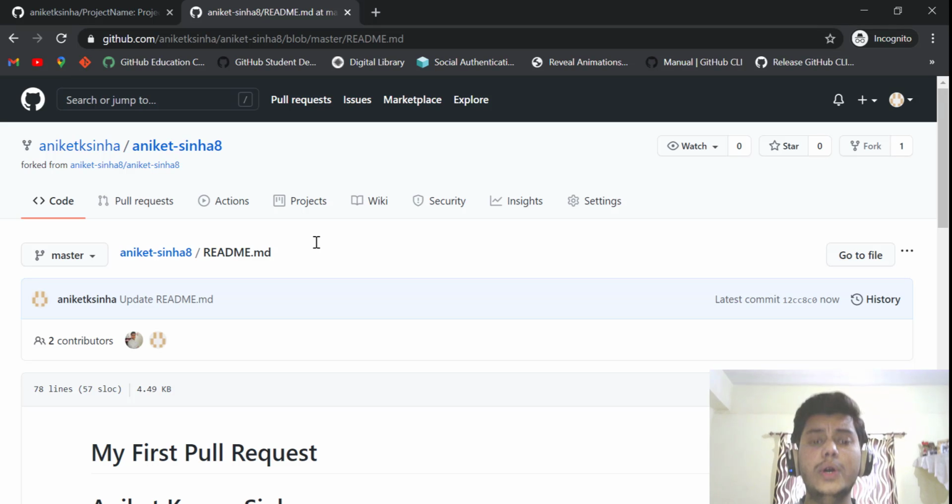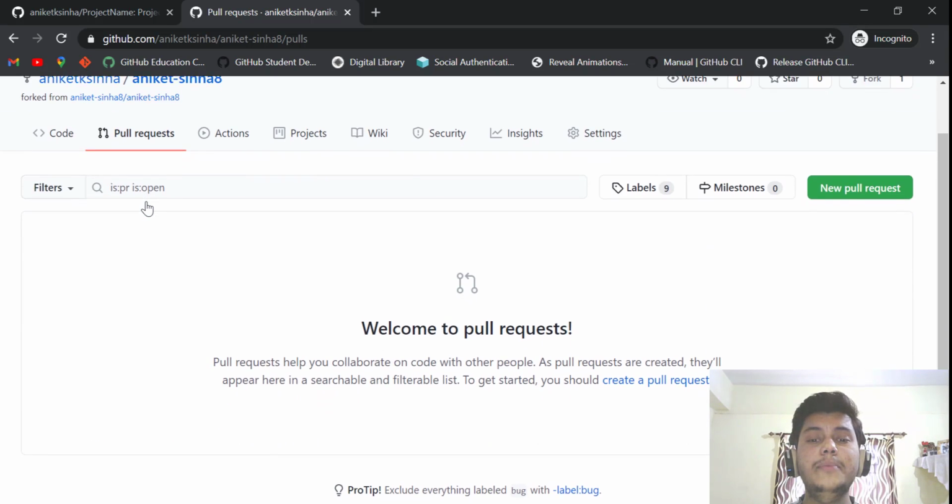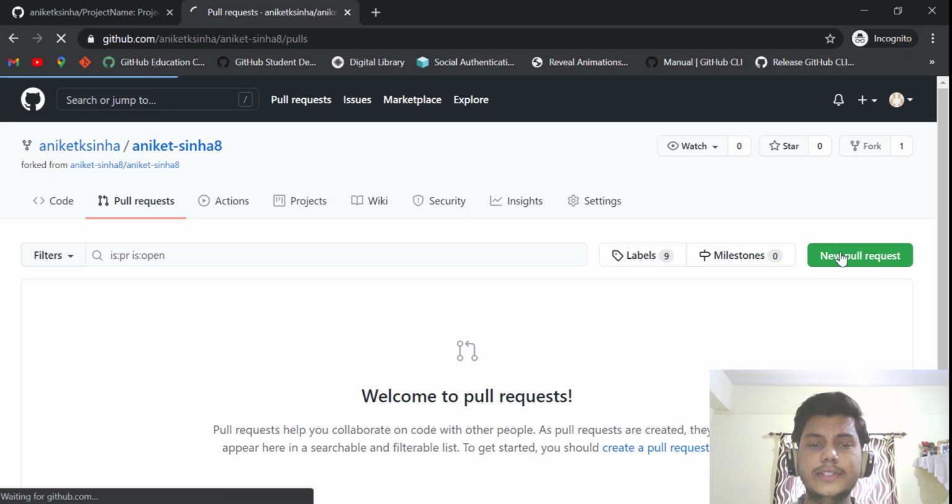And now if I want to send a pull request, so I can go to pull request. So sending pull request will be like sending a request to that main person, the repository owner, that yes, I have made these changes to your repository, and if he likes my changes, he can just review it and can merge it into his repository, so that the updated thing or the changes which you have made is also seen in that main repository. So going to pull request, go to new pull request.